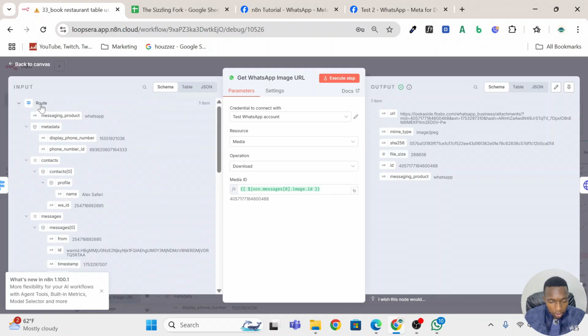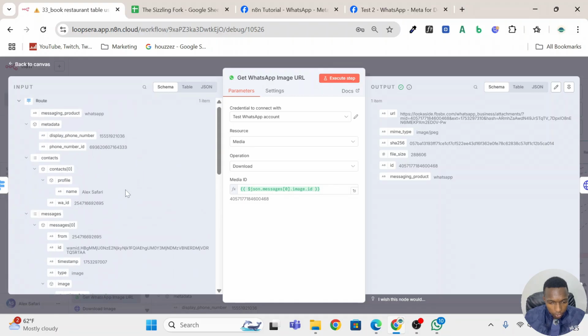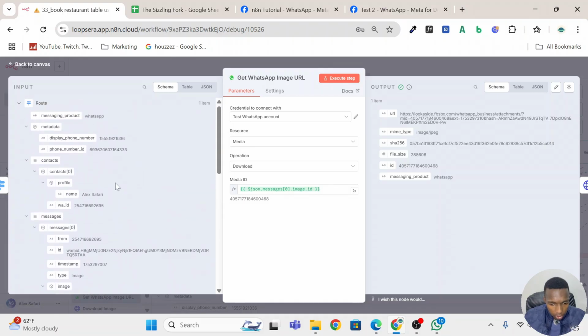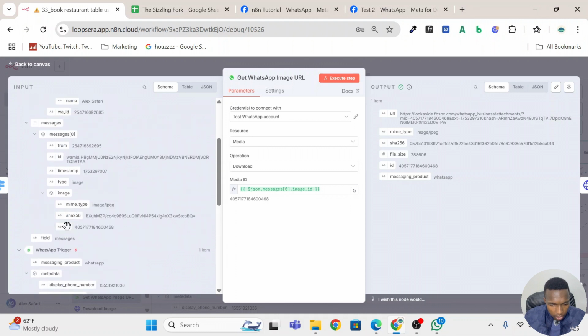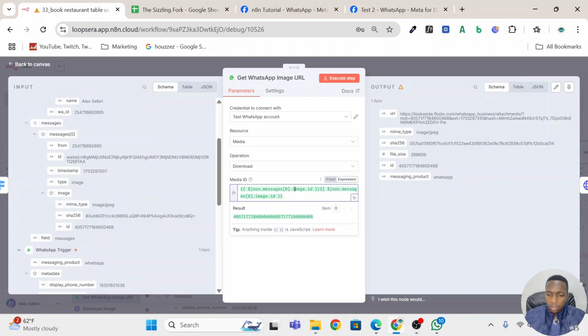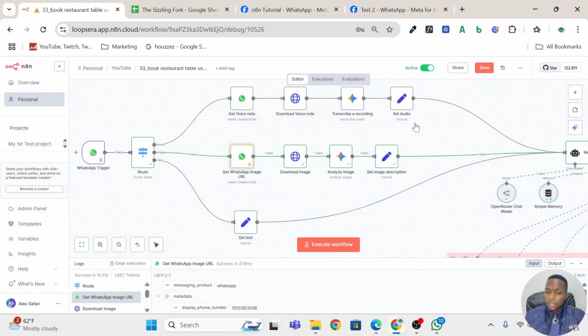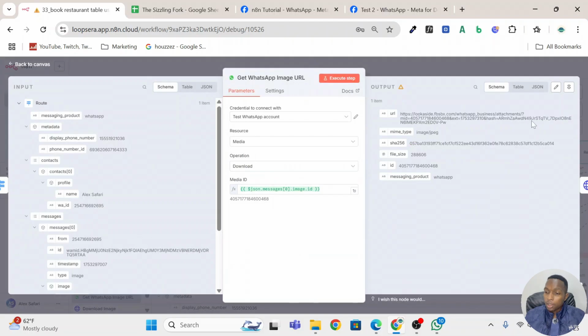If you look at the previous node, the switch node, you notice each image has got an ID. Where is it? This right here. You'll simply drag and drop this here, and if you do so, you already have the image ID, and it will download that image right here. Now you'll notice it doesn't give you a binary file, so you'll need to download it, and for that you'll